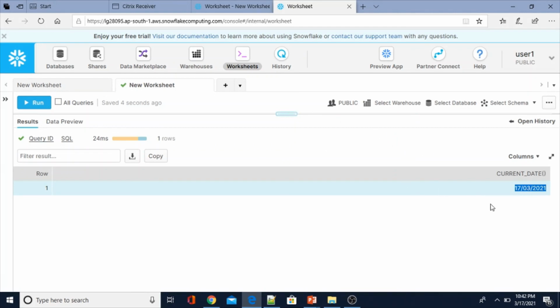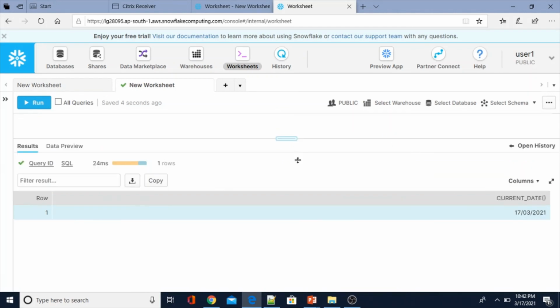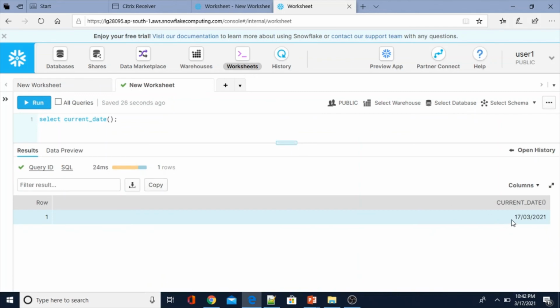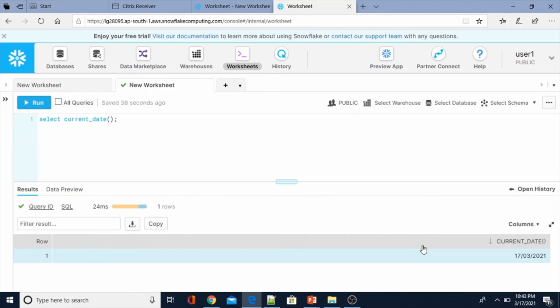We have changed the account level, correct? But still here the current date is showing as DD YY, because you notice that we have changed this parameter value at the user level. So that's why we are seeing this.